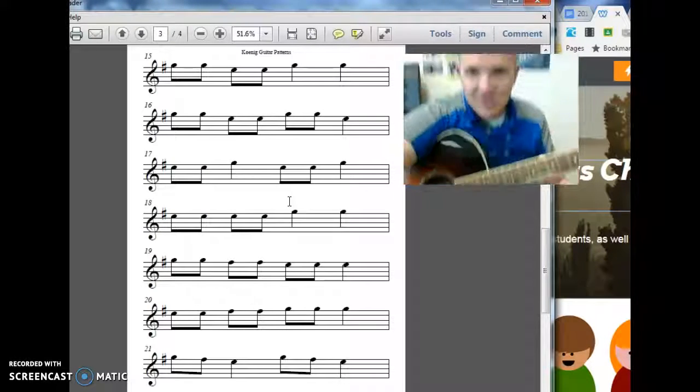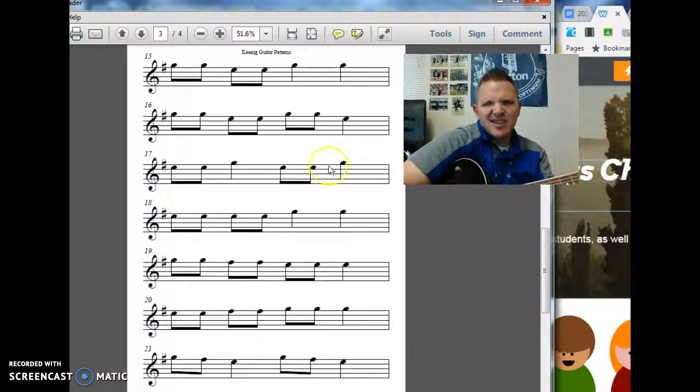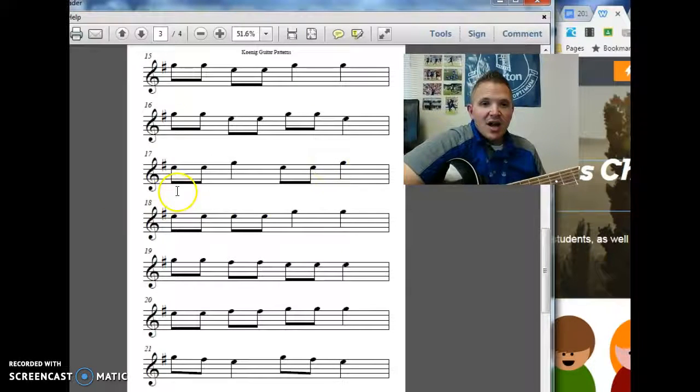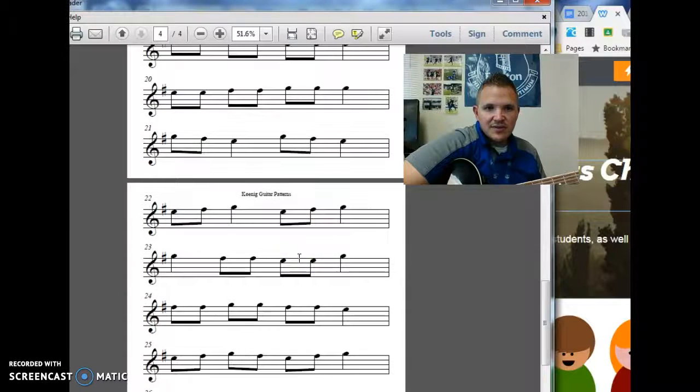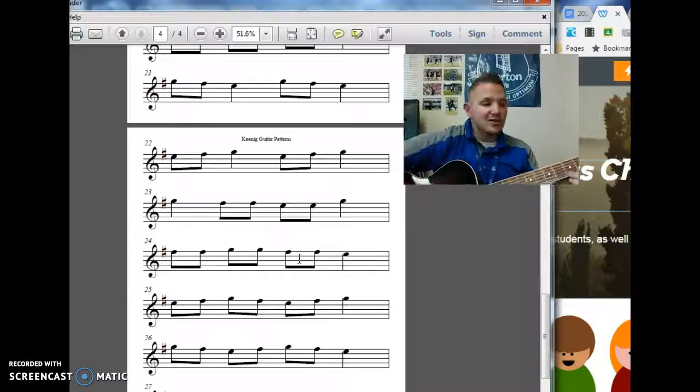And try to alternate those as much as is possible. I know it's hard to see all of those things all at once. These progress in difficulty, so I'm starting in 15, 16, 17, and 18 here with only E and G. And then I progress to G's, F sharps, and E's, and then finally, when we get down to 21, we're talking about moving eighth notes. For instance, number 21 is not 2 notes on the same pitch, but